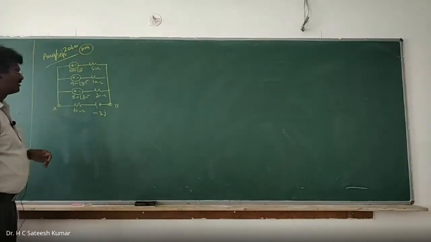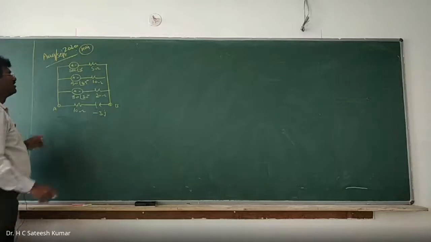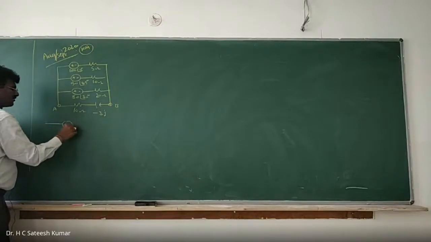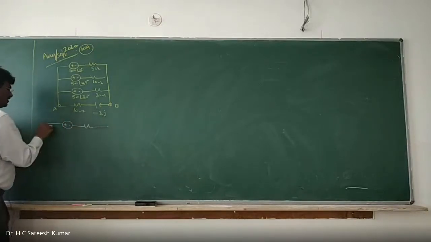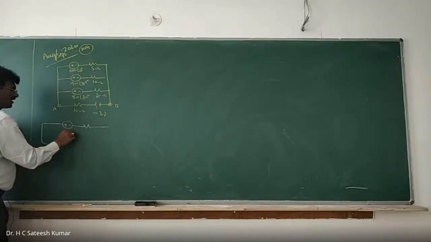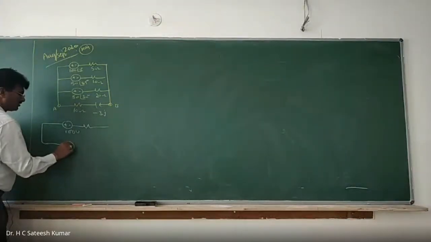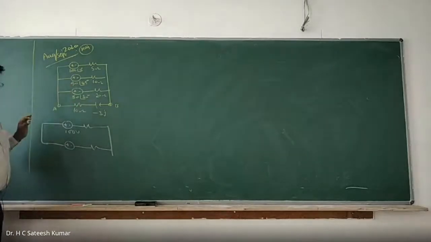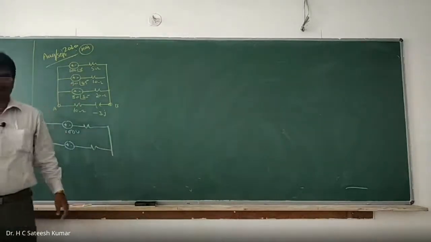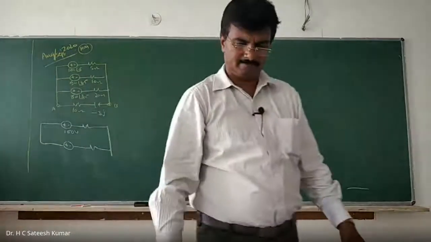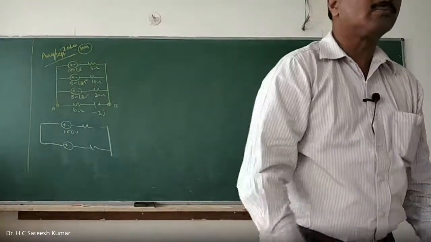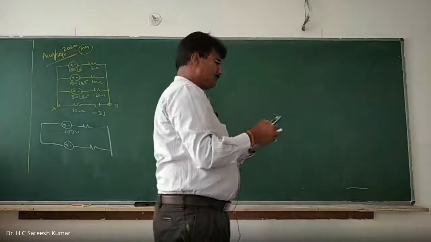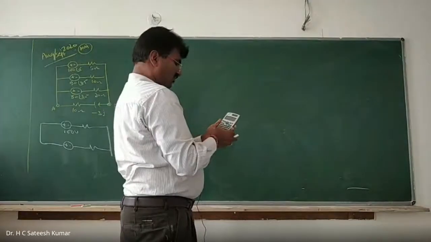So convert this into rectangular format. 90 at an angle of 45 degrees, madam. So now you convert it. Rewrite the circuit diagram with 100. 100 at an angle of 0 is 100 volts. And this is plus minus. What is 90 at an angle of 45? Convert polar to rectangular, madam. Okay, right. So 90 at an angle of 45.